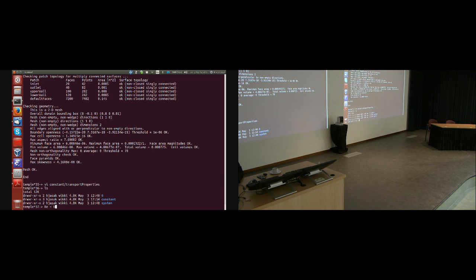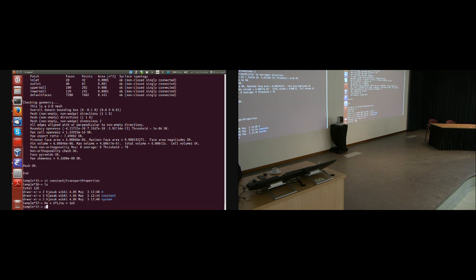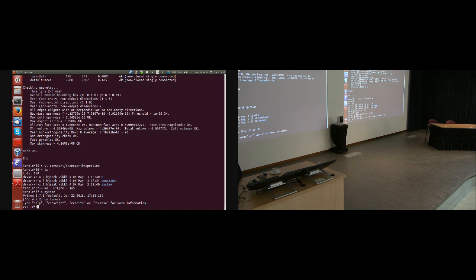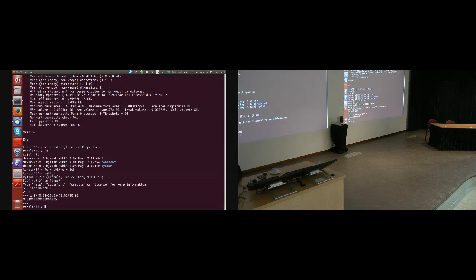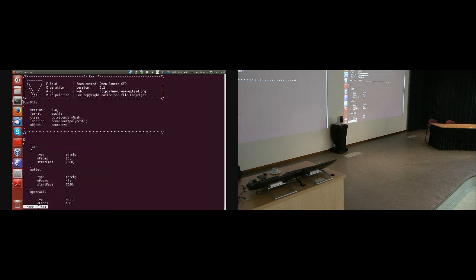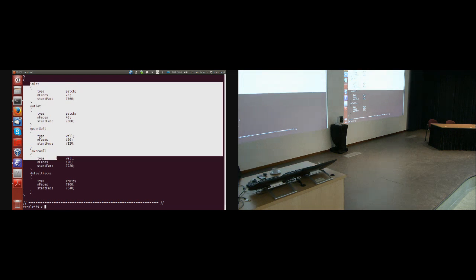Okay, Reynolds number equals U times L over nu, and I want it to be 1E5. So Python, 1E5 multiplied by 1E minus 5 divided by 0.05. My inlet velocity for the Reynolds number of 100,000 should be 20. Okay? Turbulence kinetic energy, 0.02% of 20 times 1.5 times that thing, 0.24. Okay? So, open constant polymesh boundary, and the patches that I have are inlet, outlet, upper wall,